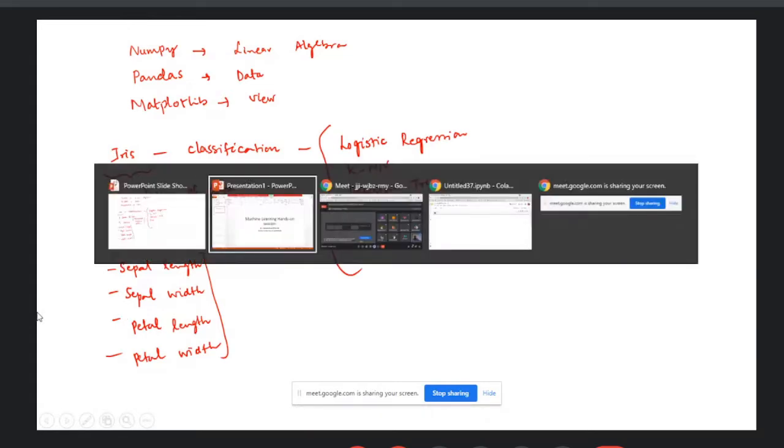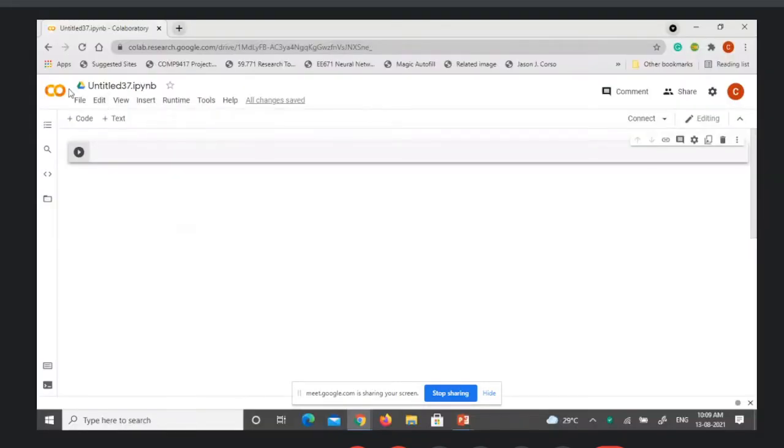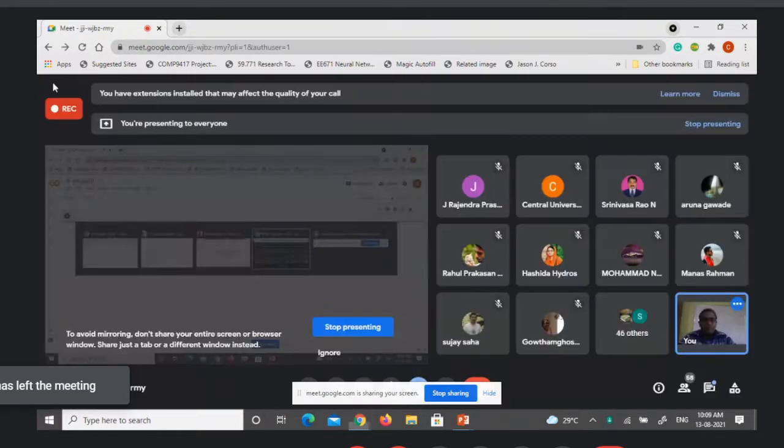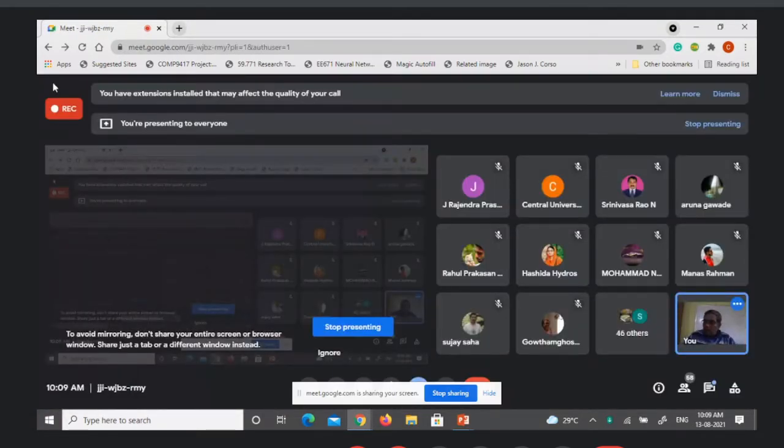Okay. So let us go to the Colab environment. I hope that you are familiar with the Google Colab environment. Is there anyone who is new to Google Colab, so that I can give a brief intro about Google Colab?